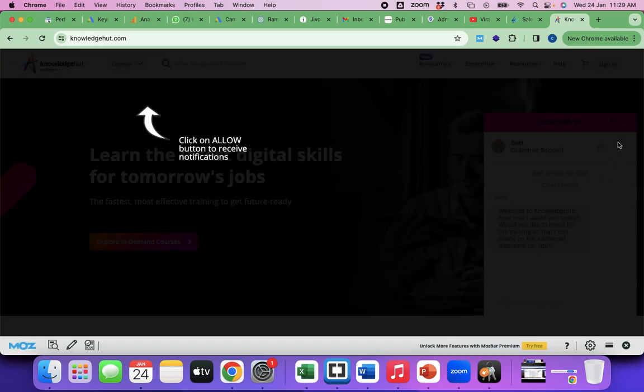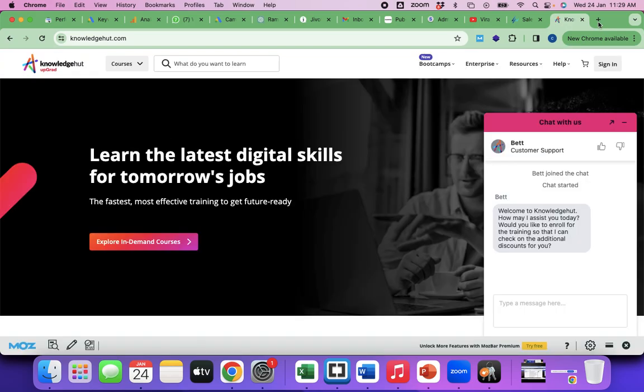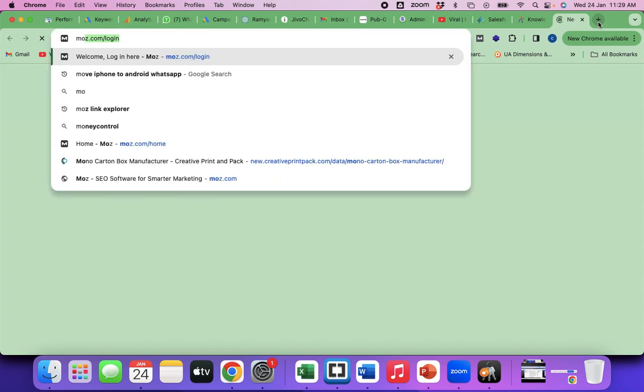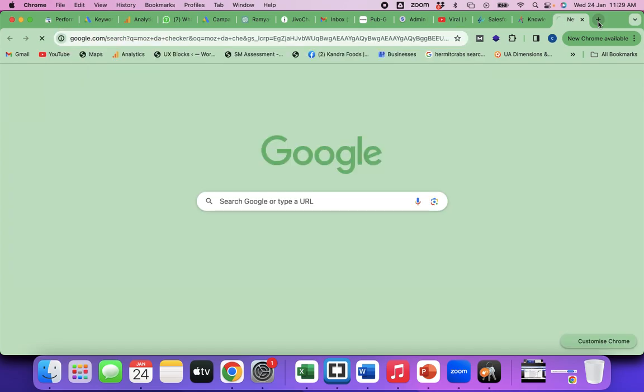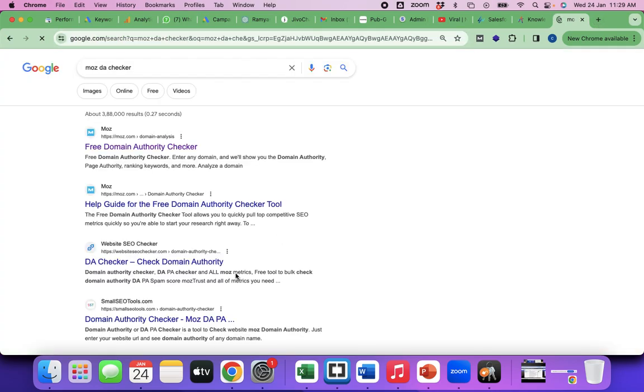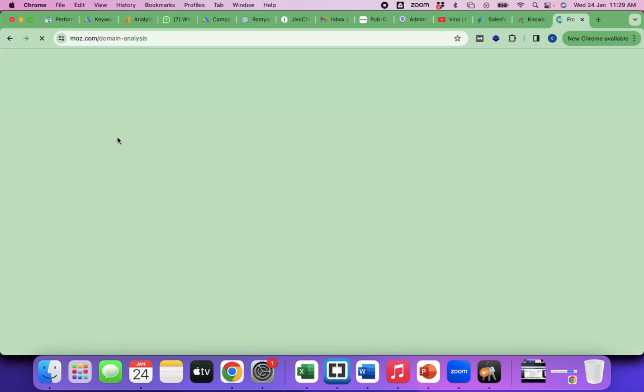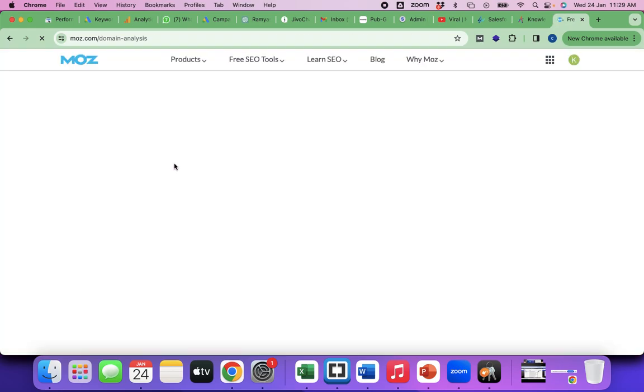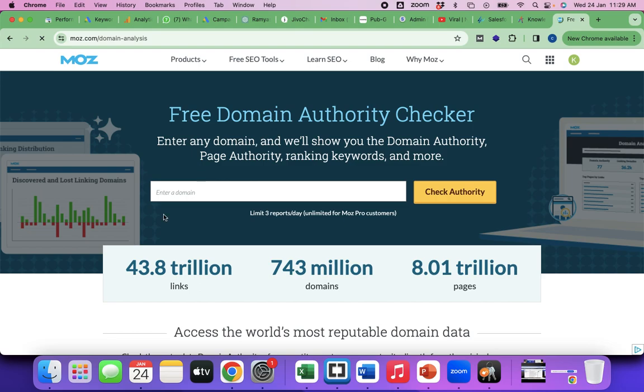So this will have a different domain authority and different page authority. Maybe we'll check it here. Moz DA checker, free domain authority. It was DMoz earlier. They have changed the domain to just Moz. Okay, so I'll copy paste this.